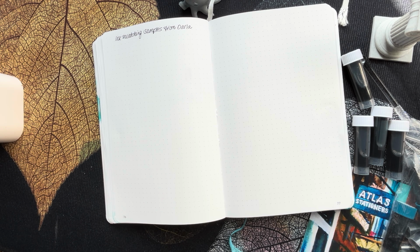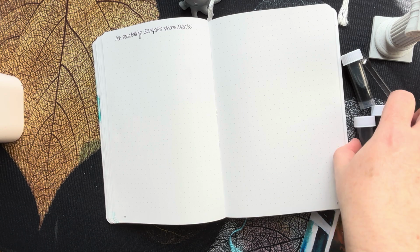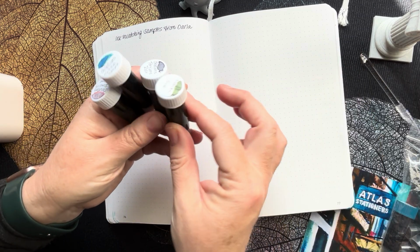Anyway, I received the most wonderful inky parcel from pen friend Darla. Now, Darla is based in the USA. She's also a follower of this channel as well. So a really big inky thanks to Darla, because she just sent me so many beautiful things: stickers, washi, samples, pet tape, honestly the list goes on. A beautiful letter, her currently inked sheet as well, and I have got all these samples